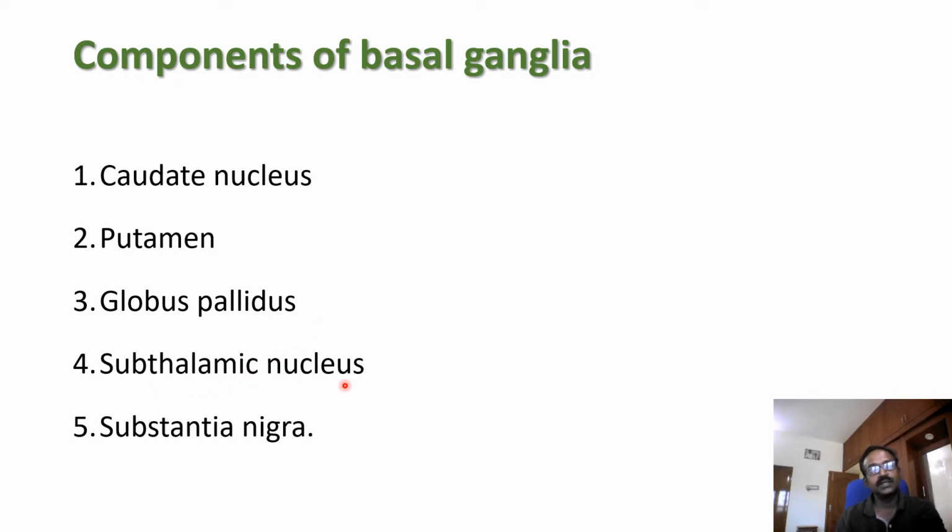Subthalamic nucleus is situated lateral to the red nucleus and dorsal to the substantia nigra. Substantia nigra is a dark sheet of neurons containing a high amount of neuromelanin. It also contains more copper. It is again divided into two parts. The dorsal part is called the pars compacta. It has more dopaminergic and cholinergic neurons. The ventral part is called the pars reticularis. It has more GABA neurons.